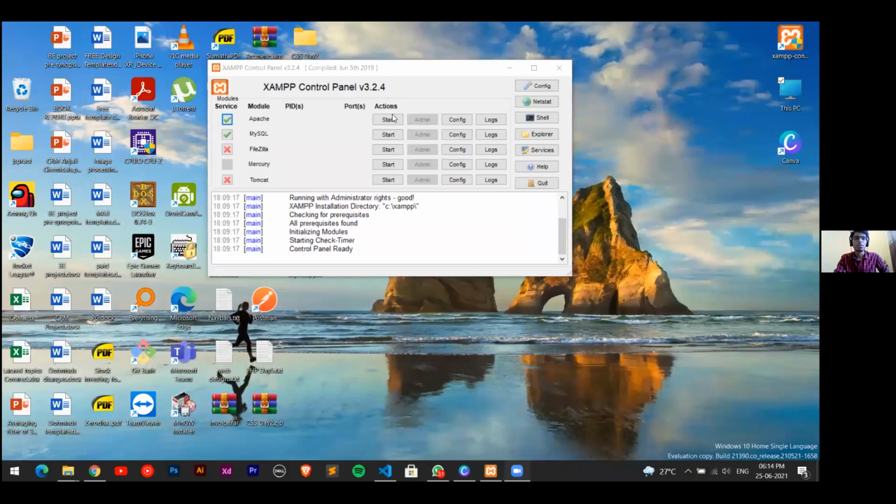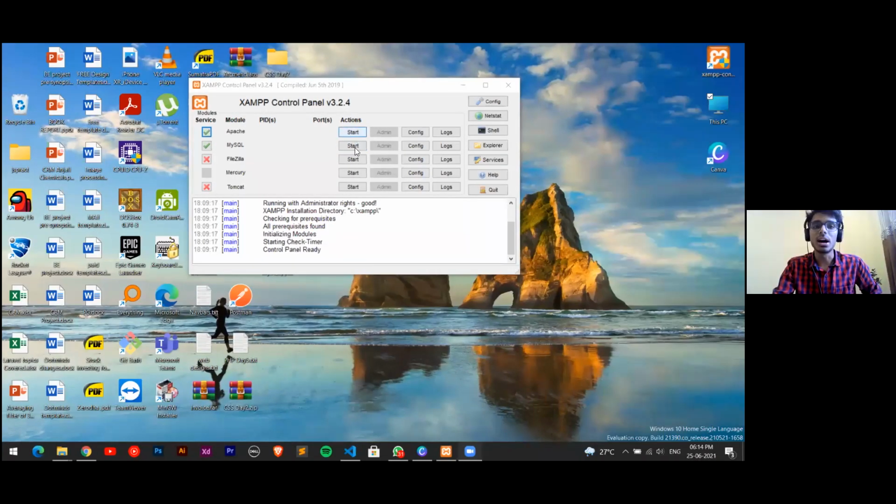Okay, I'll show you. Just tell me, if you click on start over here, does the module turn green? Click on start for the Apache module, and then start the MySQL module.